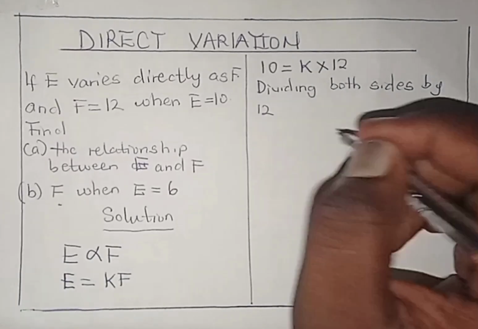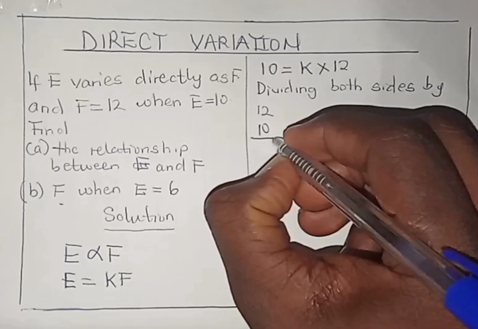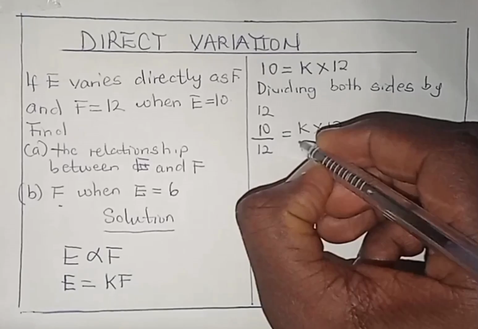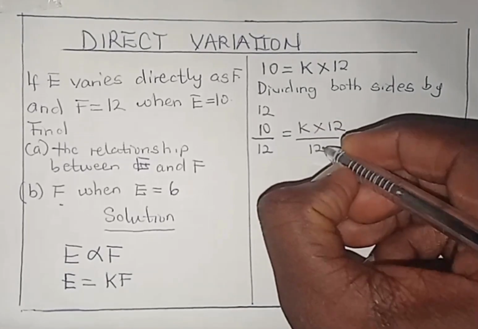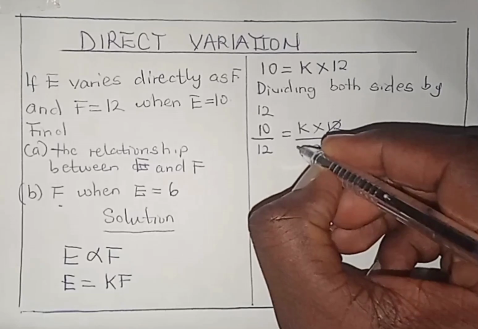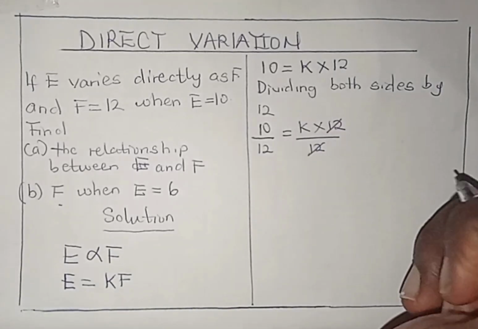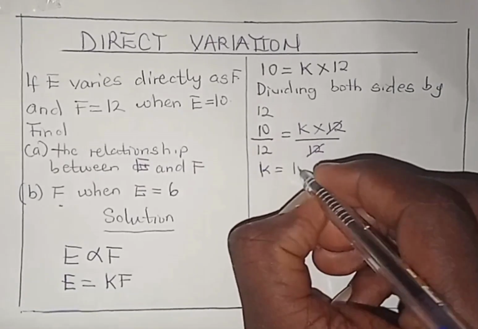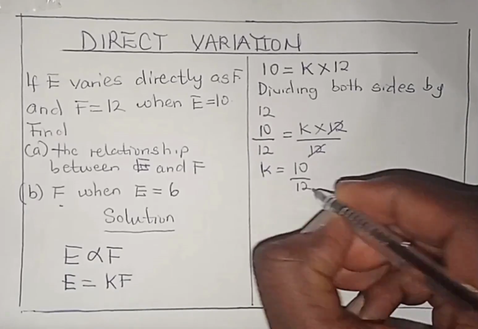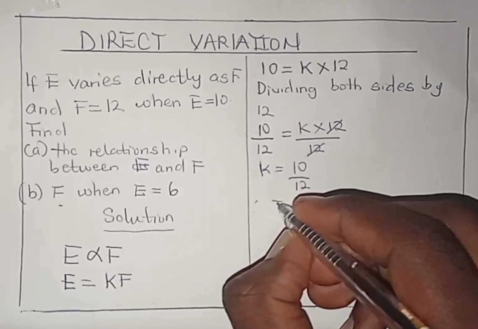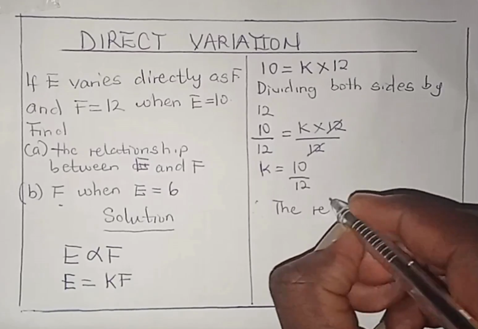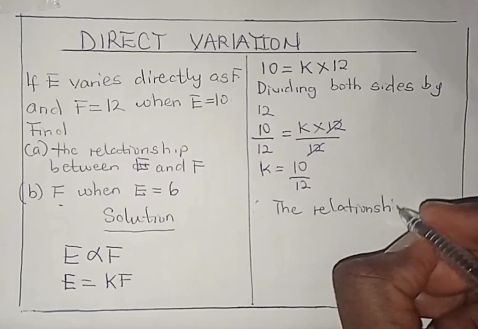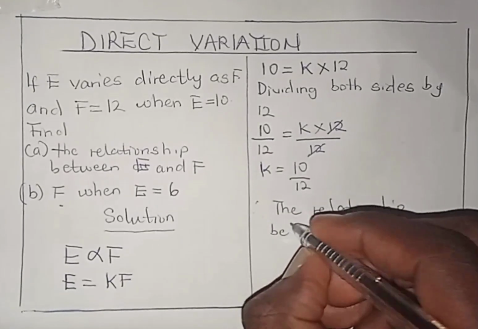So after dividing both sides by 12, that's 10 divided by 12 will be equal to K times 12 all over 12. So 12 cancels 12 and leaves us with K. So K will then be equal to 10 all over 12. So therefore, the relationship between